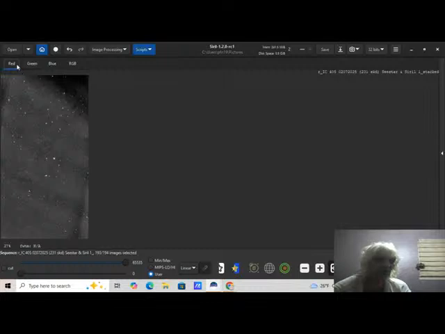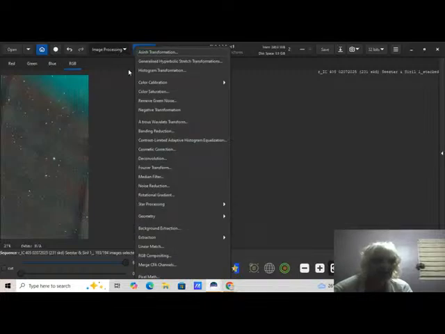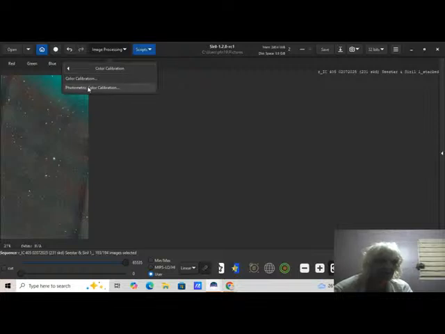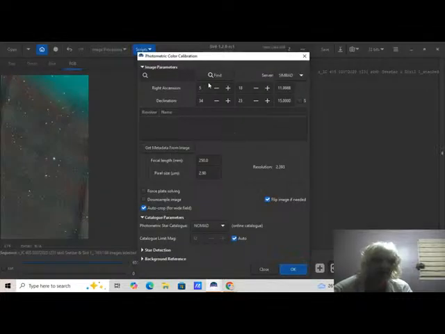Now you can switch from your red filter over to RGB, okay, and you get this rather bizarre looking image here. Probably needs some more cropping, which we can do in a little bit. But before getting into all that kind of cropping and stuff, I want to get rid of this green noise, okay, and I also can go here to where it says color calibration and click on photometric color calibration, and